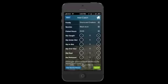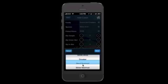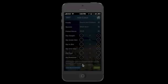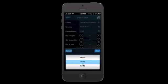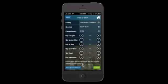If I select drums and croakers, those particular species are presented, and I can choose options from there on exactly what I caught. I want to specify how many hours I targeted that species during the trip, and then I can record how many I caught,